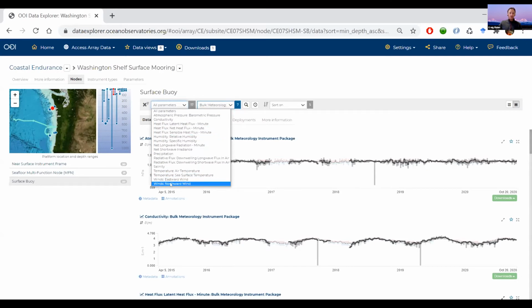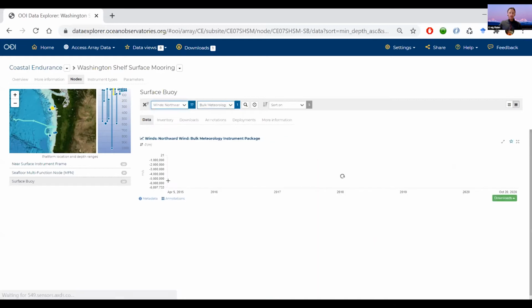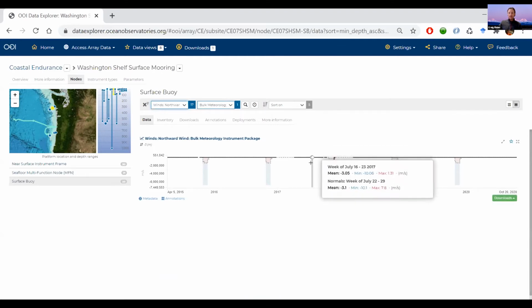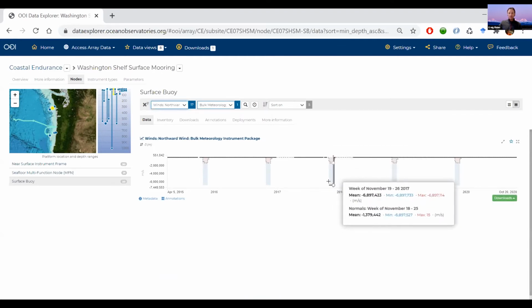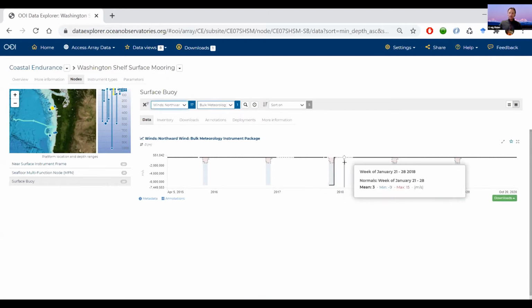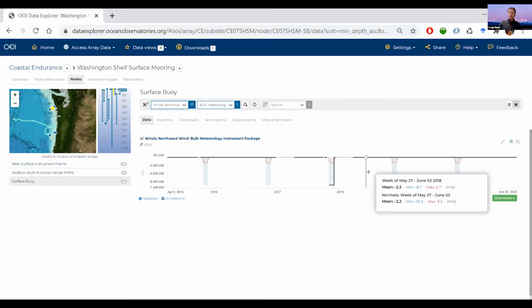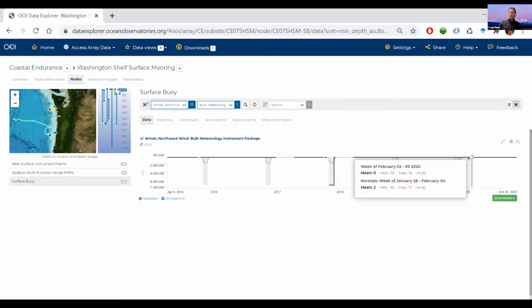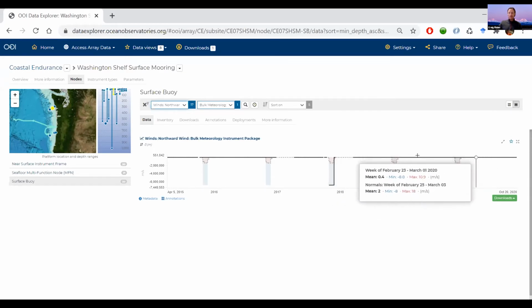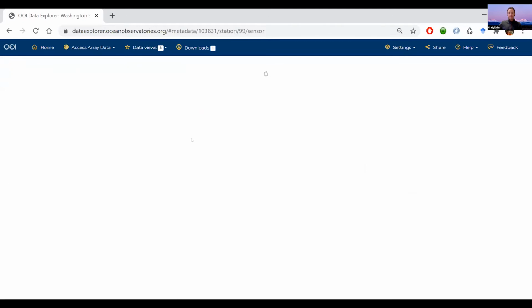What I'm really interested in are the northward winds at the bottom here, and they're shown here. So this time series obviously looks a little weird, and what's driving that is this period of bad data where apparently we have 7.5 million meters per second winds. So we've got some bad data in here. They're easily visible at least. Setting that aside for the moment,